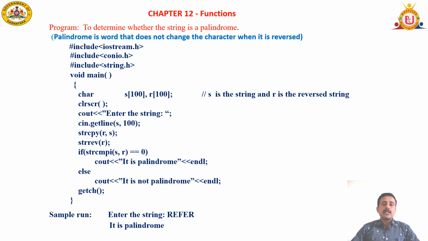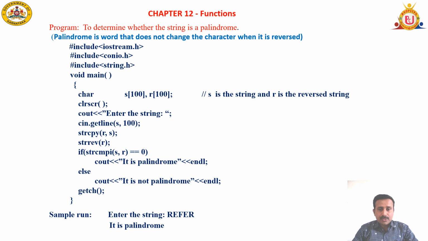Then this program is used to check whether the given input is a palindrome or not. Dear students, palindrome means if you reverse a string and compare the original string with the reversed string, and you get the same result, then it is treated as a palindrome. I am going to repeat it again. See in this program, at the bottom I have given an example, REFER. If you reverse it, you get the same output, REFER.